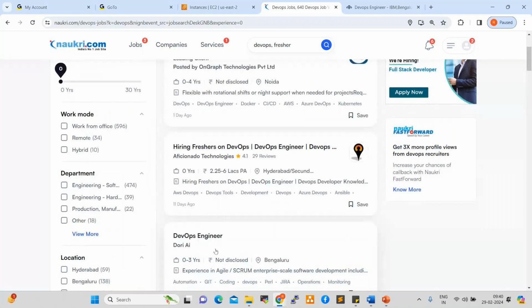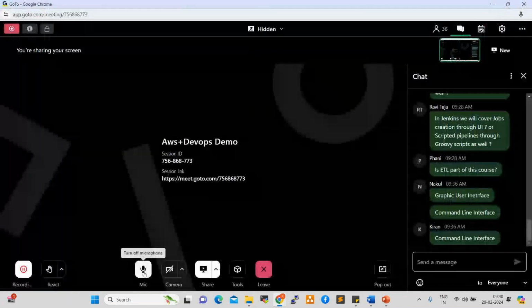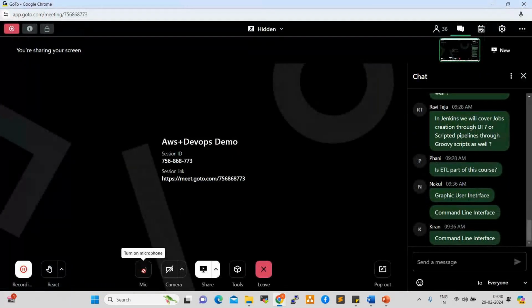But after March, from April 1st onwards, HR managers are telling we already hold so many positions, so we will open after March because the financial year will be closed by 31st March. From April 1st onwards, definitely openings will be available. Most of the companies freeze the openings currently. They're planning to recruit very soon. Clear, everyone?